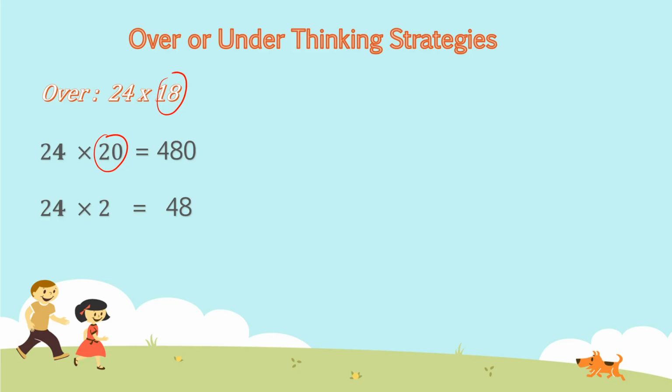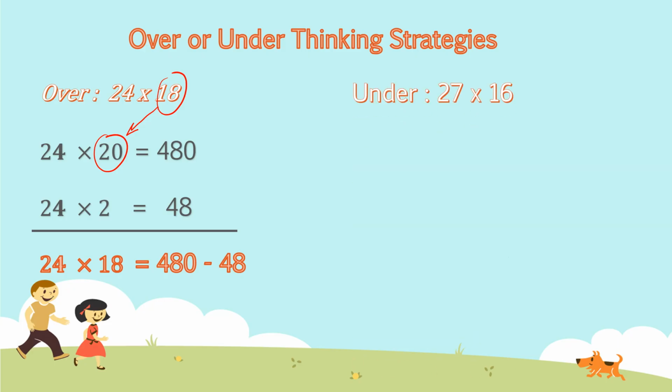So overall, I would say 24 times 18 must be 480 minus 48, whatever that is. So that is what it means by going over. You're trying to go to a nice number, and then since you're going over, you're going to subtract the rest of it out. Okay, now here, when I see a problem like this, 27 times 16,